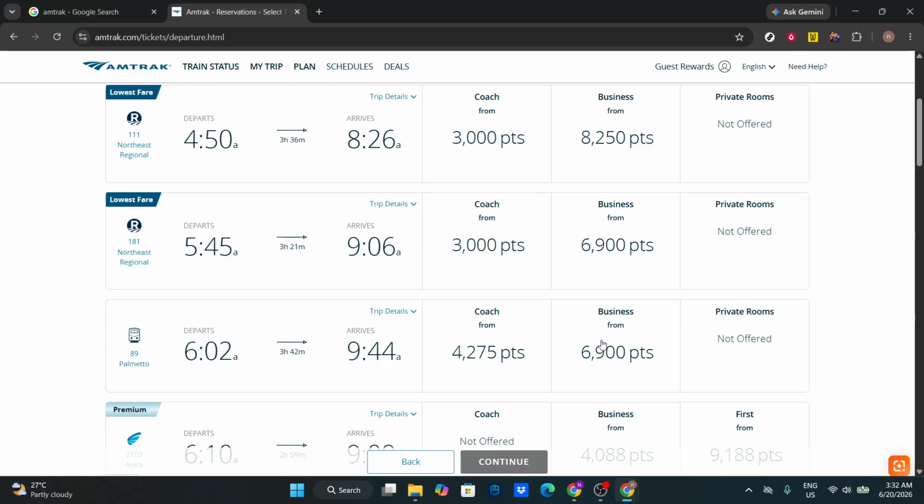And that's how to use points in Amtrak. If you follow these steps carefully, you'll be able to search for trains and clearly see how many